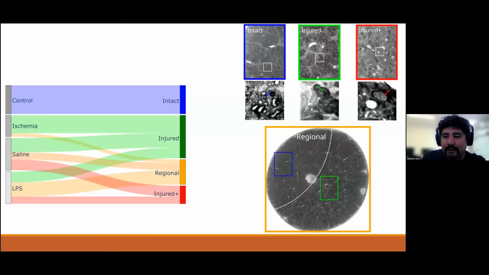So we reframed the outcomes of our initial experiments into these new four experimental patterns. Generally speaking, the controls became the intact ones. The ischemia produced consistently the injured pattern. Both injection experiments produced the majority of the general and injured plus patterns, depending on the mechanical damage caused by the injection. So this serves as a friendly reminder that experiments are not always perfect, but for the purpose of